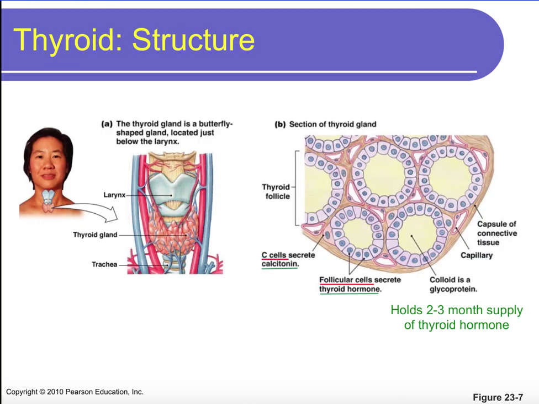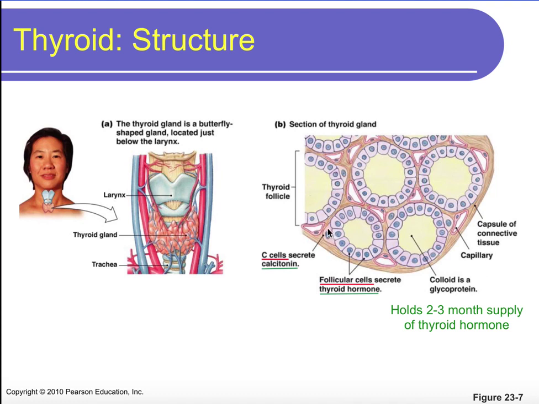So let's move on to thyroid hormone. So our thyroid gland, you can see here, we have a cross section of it. And we're going to identify some of the cells within the thyroid gland. So the first cell is our follicular cell. And this follicular cell, shown in pink, that kind of makes this circle, this is who's actually going to secrete our thyroid hormone. In the middle of our follicular cell, or in the middle of the circle that it creates, we have a colloid, which is just a glycoprotein. And this is going to hold about a 2 to 3 month supply of thyroid hormone.